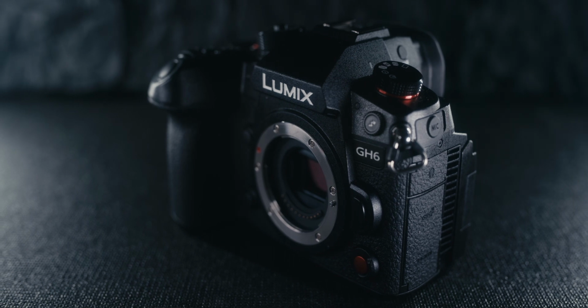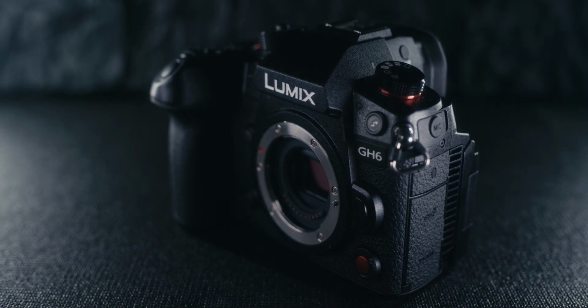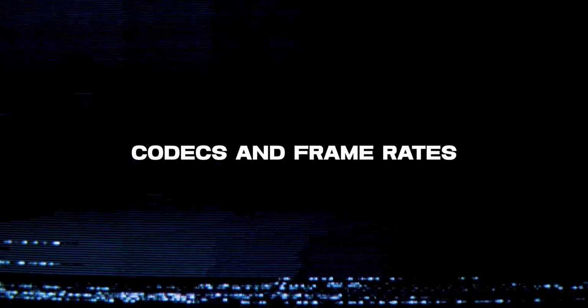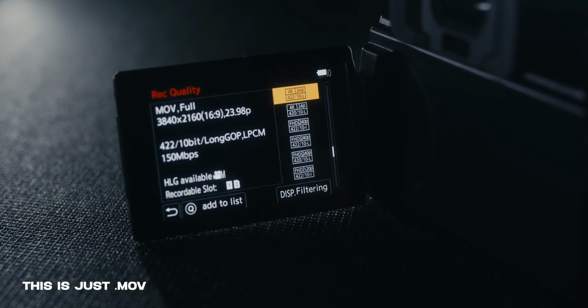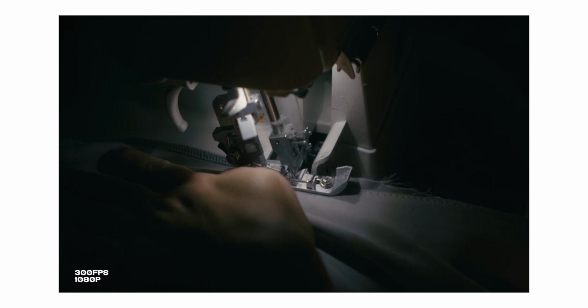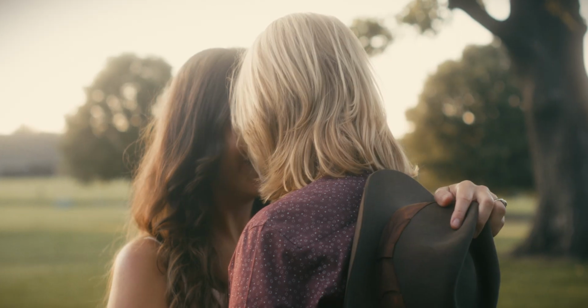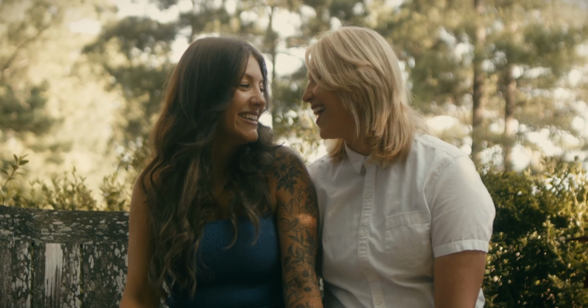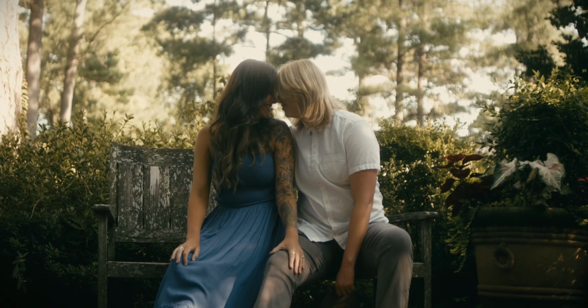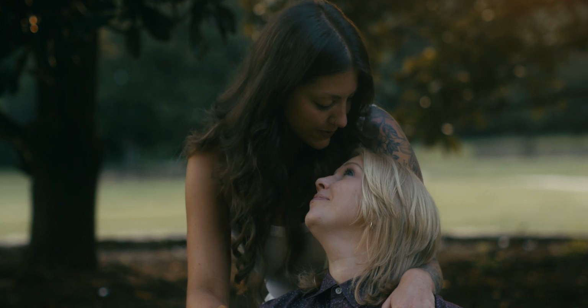this is an amazing camera to consider in 2023, starting first with the abundance of codecs and frame rates. This camera is full of various codecs and frame rates that you can shoot in. It has 4K 120, and it even goes up to 300 frames per second in 1080p, which is just what? That is insane. And that is the benefit of a micro four thirds sensor, because with that smaller sensor, it can pack in a bunch of performance. And so that's one reason why I really like this camera, is because it does have a wide variety of